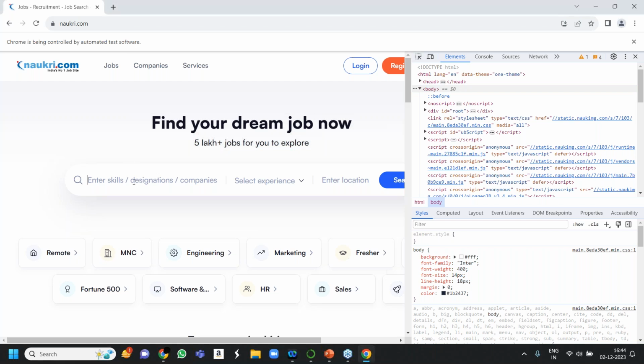I can write data scientist over here using class name also, using ID also, using XPath also. I will be telling you each and everything for different attributes, okay? But everything can be done for that particular attribute.